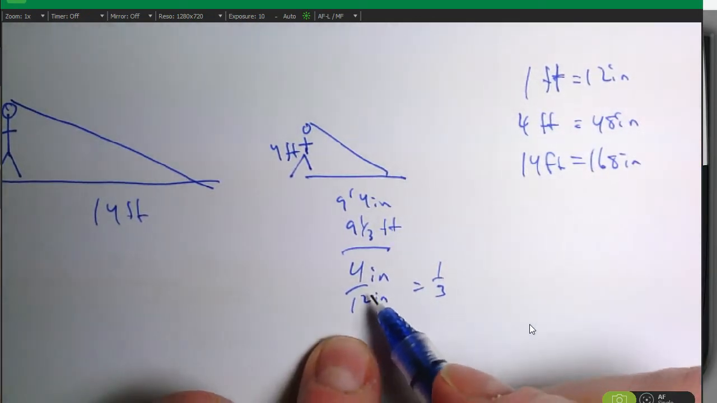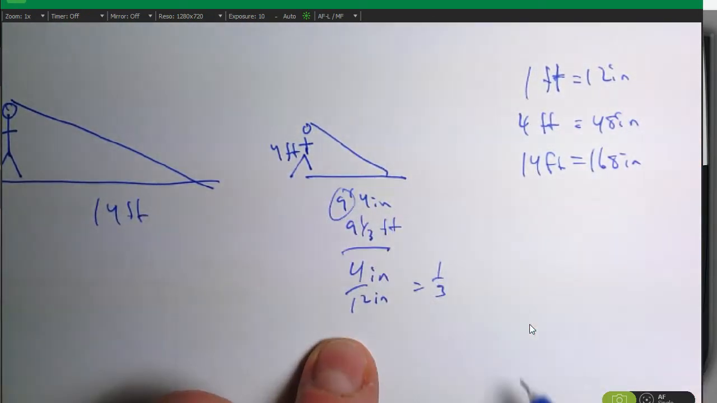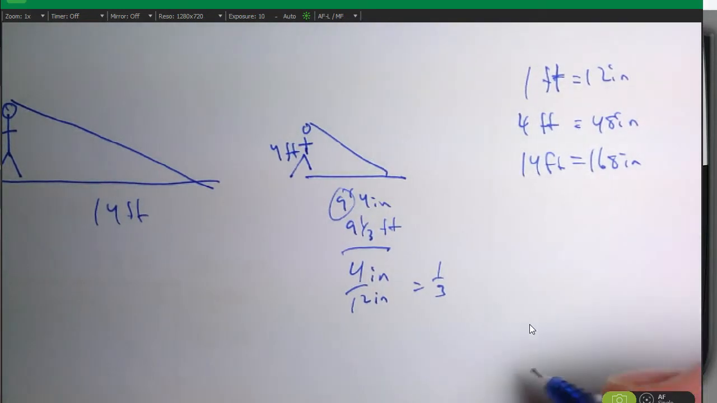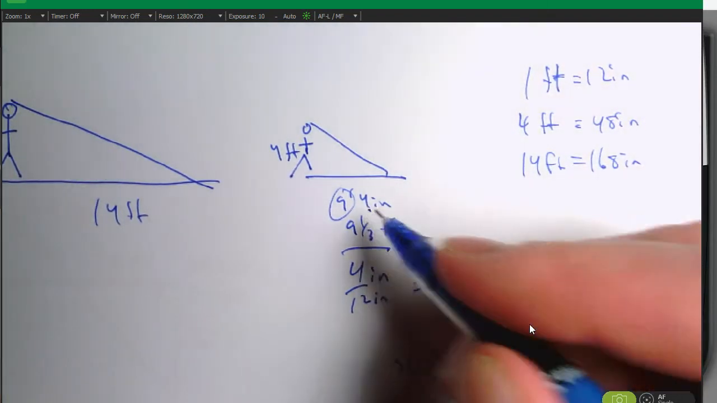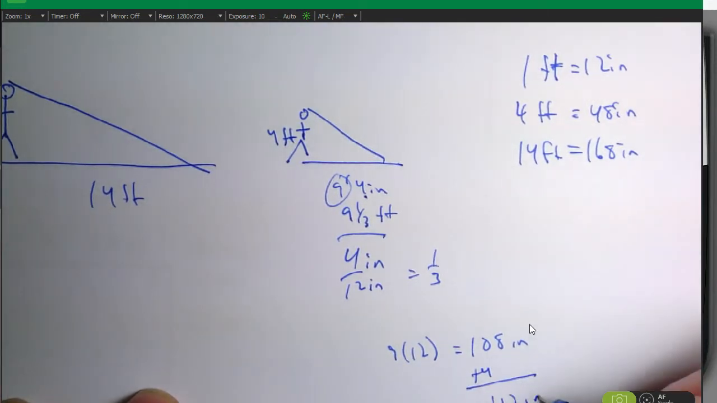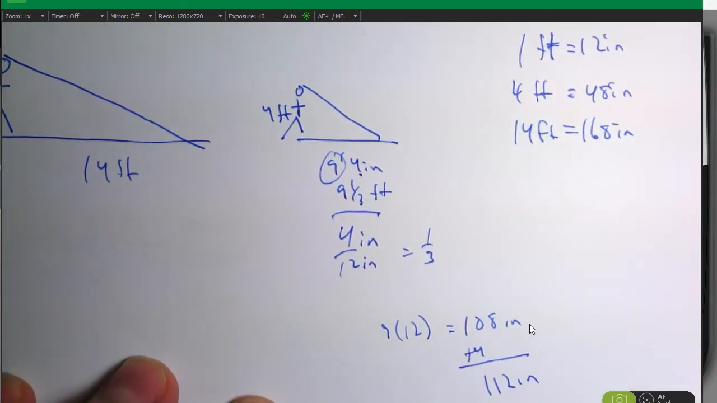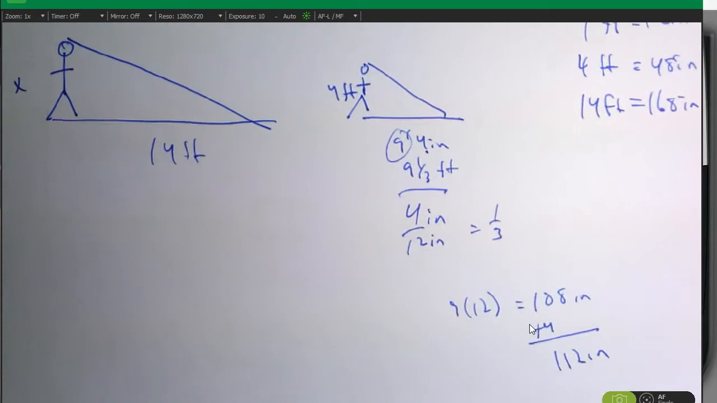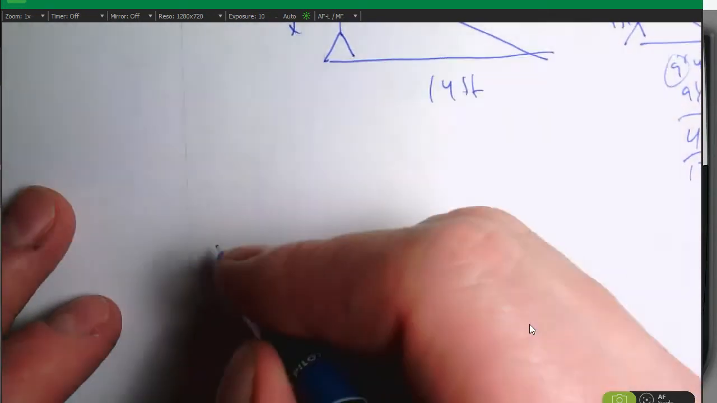Now this guy is a bit trickier because I have 9 feet and 4 inches. So that's going to be 9 times 12 for that, which is 108 inches. But then I have to add on the extra 4, so plus 4 inches gives us 112 inches. Okay. So now if I redo this problem here, I know I have x